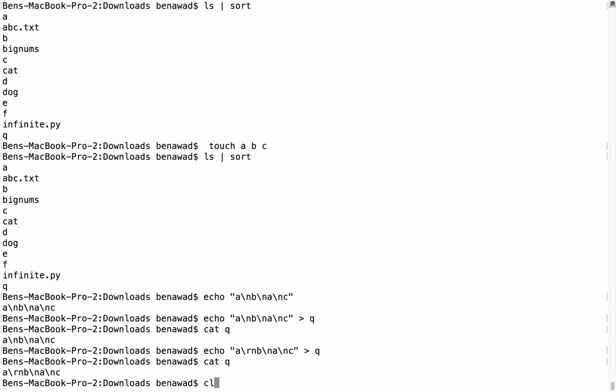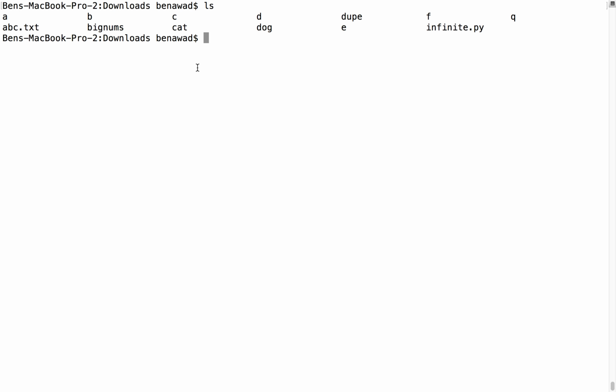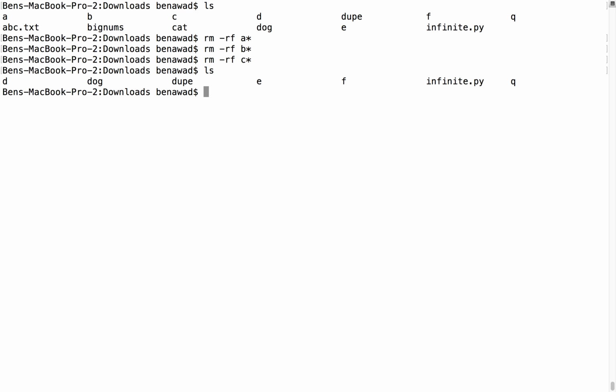Okay, so let's clear this and do an ls. I'm in my downloads folder and I have dupe here, and I just want to clear up some stuff. So I'm going to do a remove rf and get rid of everything except dupe: everything that starts with an A, a B, a C. That cleared up a lot of garbage. Okay, so I have dupe here, and if we cat dupe, we'll see A, B,